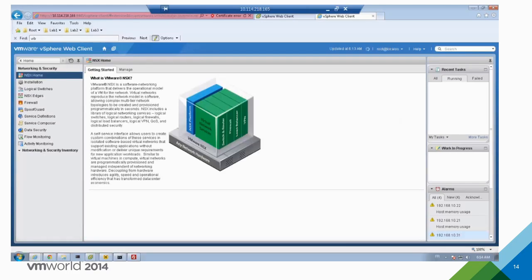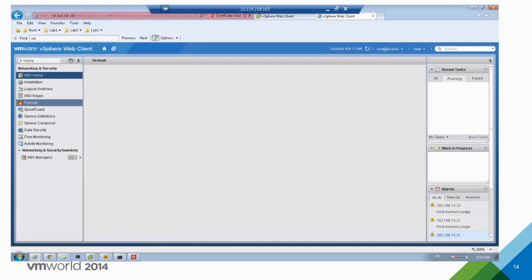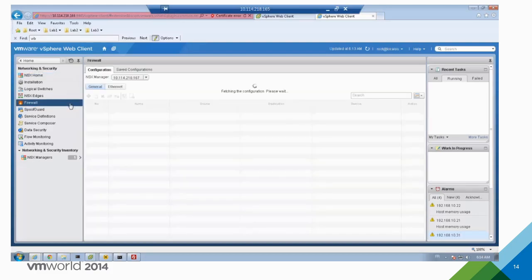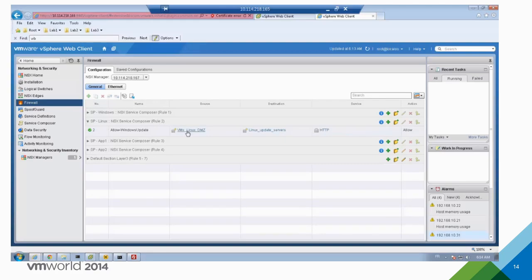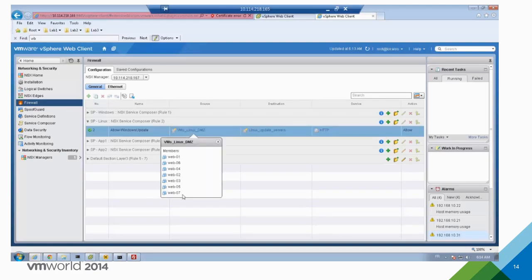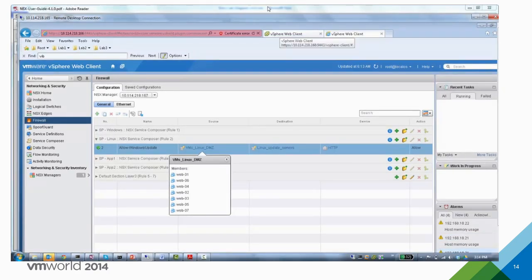I go on NSX. I did not touch anything on NSX. And automatically, in the Linux group, I have now the web 7. And that VM has automatically access to the Linux servers because of that rule, but not the Windows servers because of the other rule. Make sense?